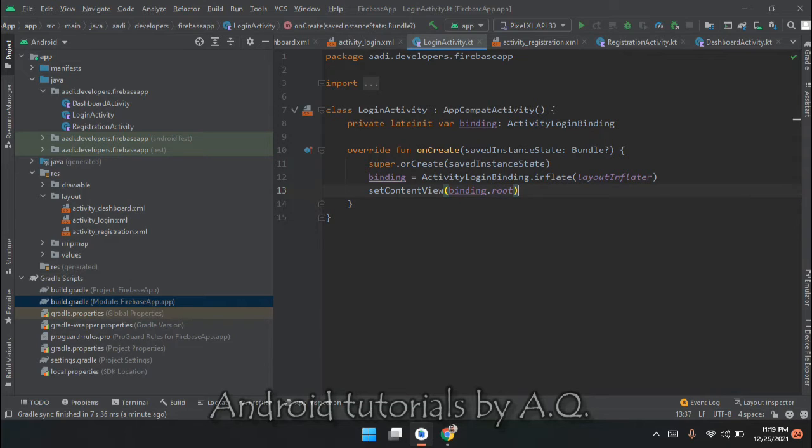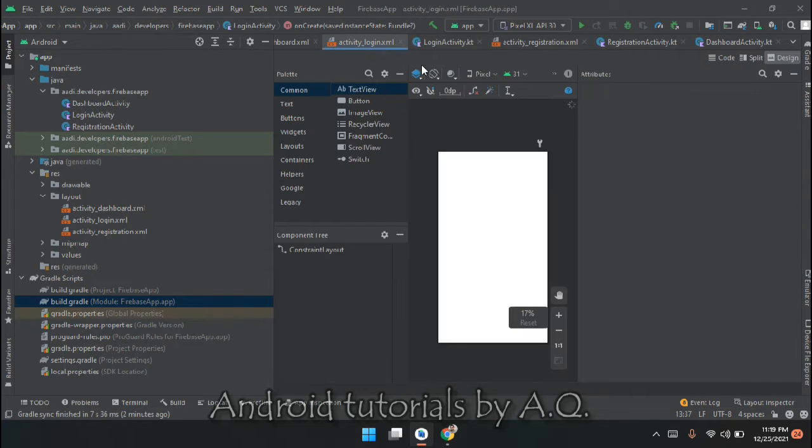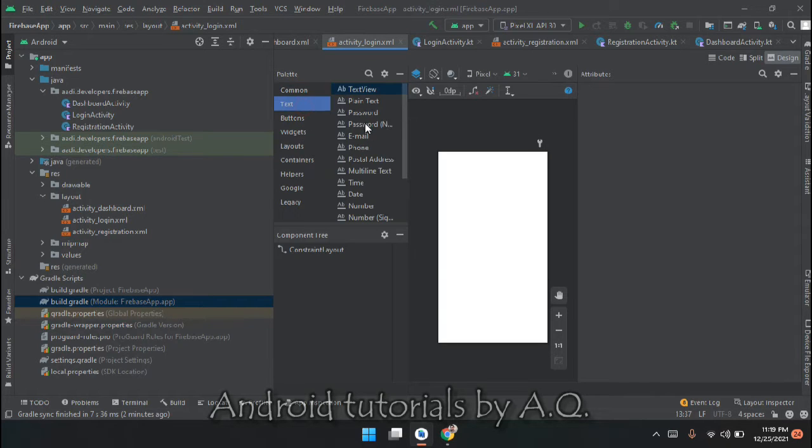Actually, I'm pretty used to work in Java, and that's why I remember the syntax of Java. So we will be using binding.root here,